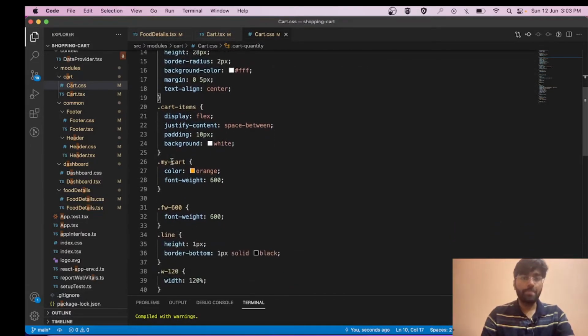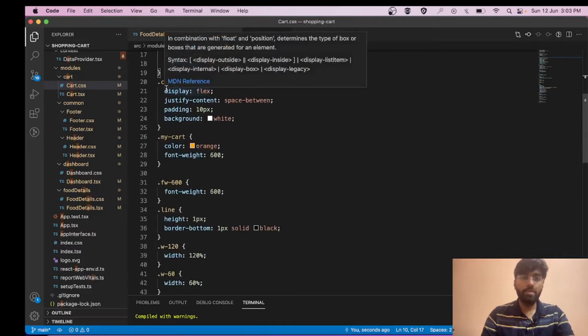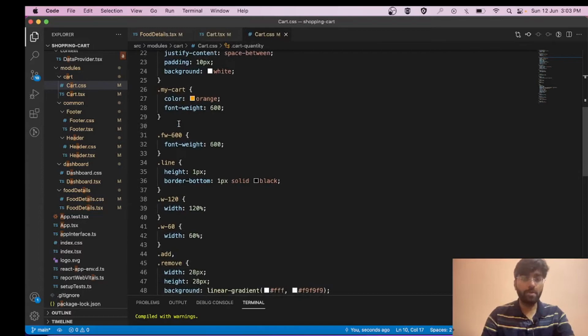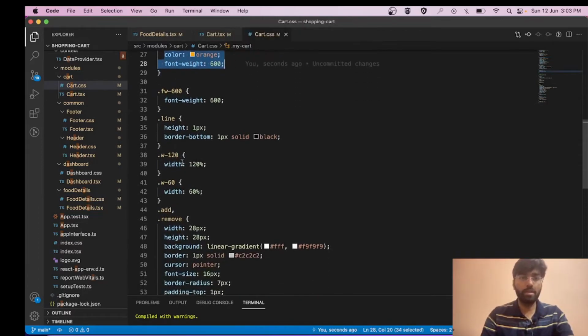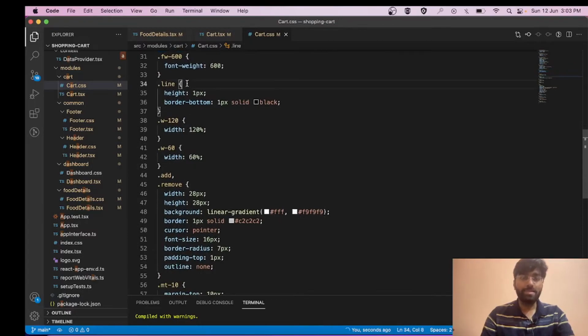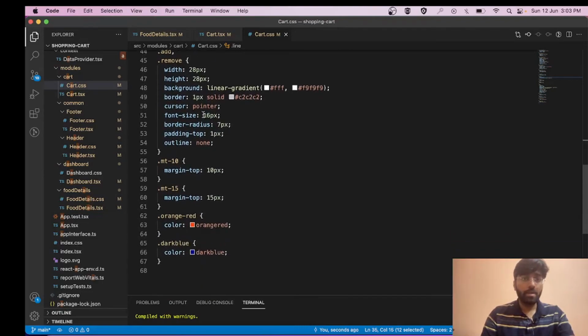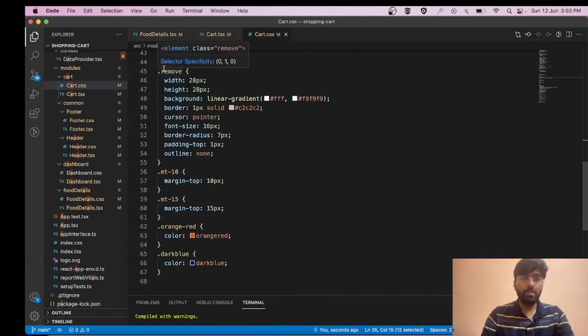align. This is the cart item property, in which we have simply given the flex properties like flex, space between, padding, and background. In this also we have given simple properties like color and font weight. And this is that horizontal line, in which we have assigned a height of 1 pixel and border bottom of 1 pixel solid black. These are the add and remove class names that were assigned to the button, and in